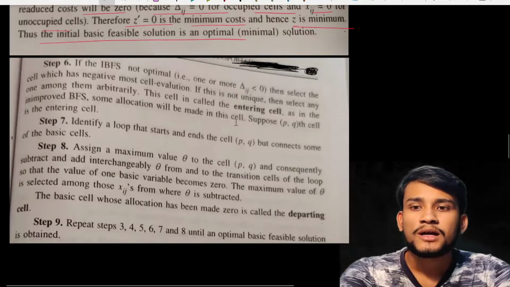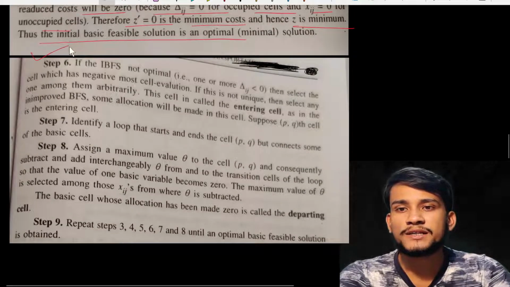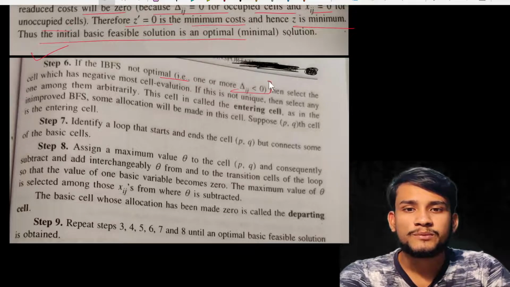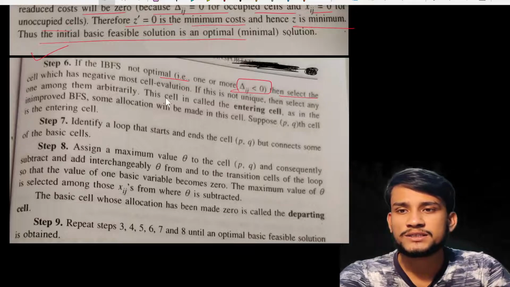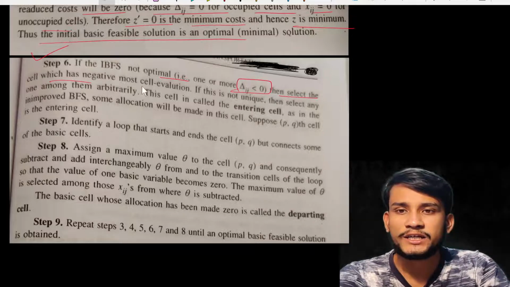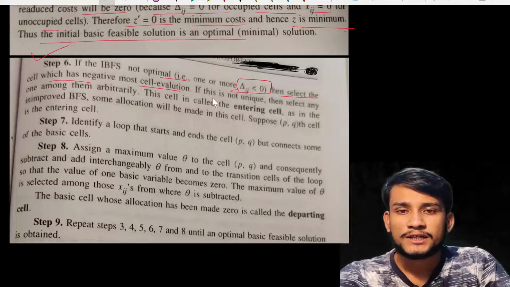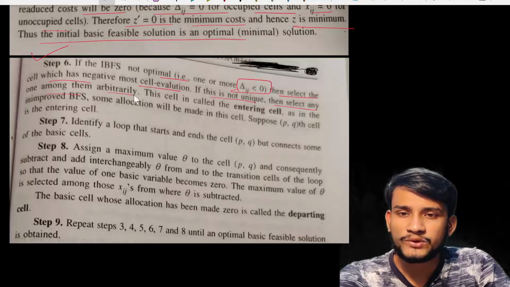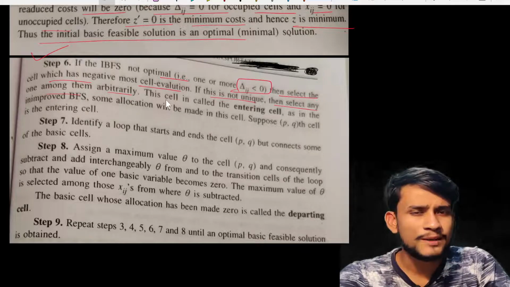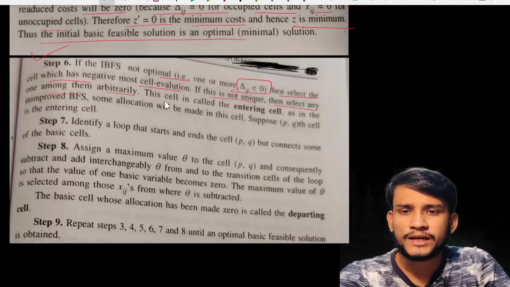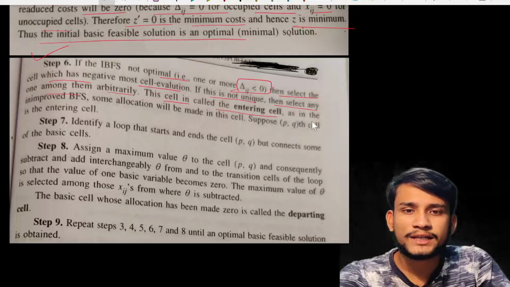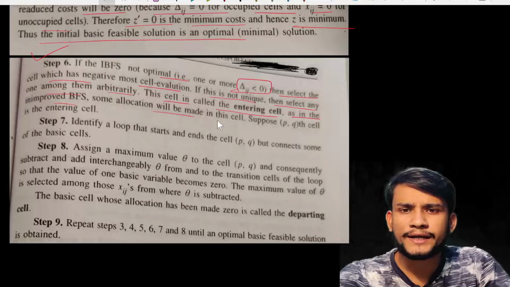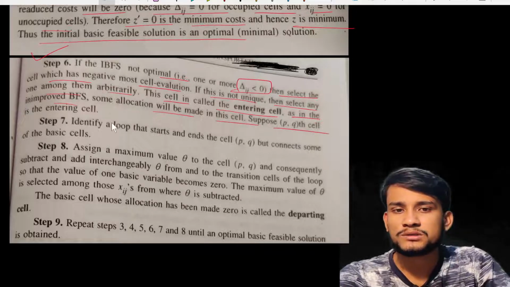Step 6: if the initial basic feasible solution is not optimal, that is, if in any case delta is less than 0, then select the cell which has the most negative cell evaluation. If this is not unique, then select any one among them arbitrarily. This is written in simple language. This cell is called the entering cell, as in the improved BFS some allocation will be made in this cell. Suppose the PQth cell